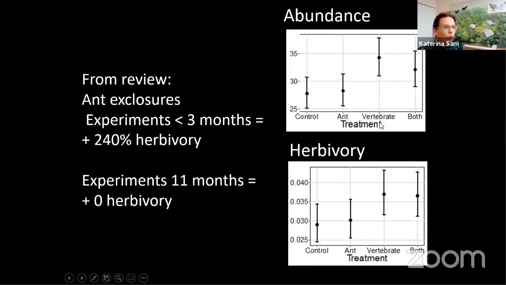Then, while we were trying to explain why we didn't detect any effect of the ant removal on the herbivory, we returned to the reviews, and we found out that all the exclosures where people tried to remove the ants were very short. Most of the experiments were shorter than 3 months, and these very short experiments resulted in a significant increase of the herbivory, while all the experiments which were a bit longer didn't result in any change. And because our experiments were 6 and 12 months long, we simply think we observed